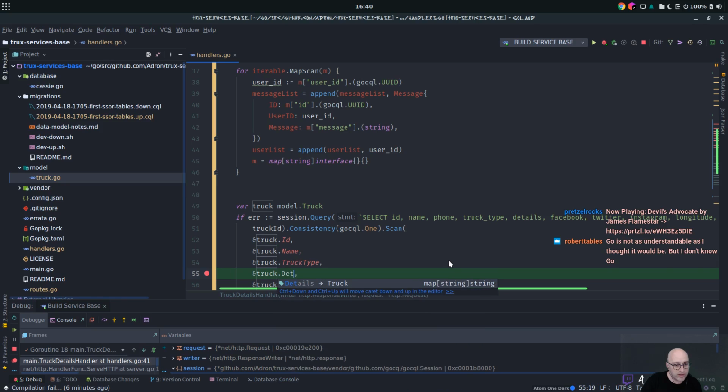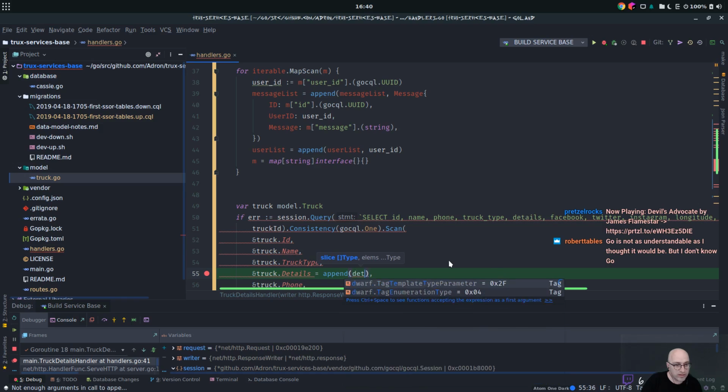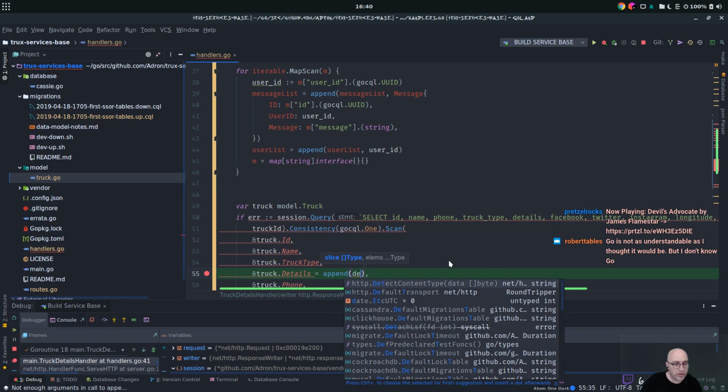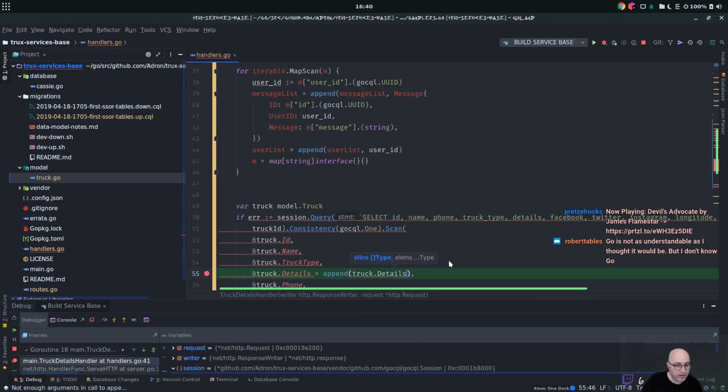So wait, so details equals append truck.details